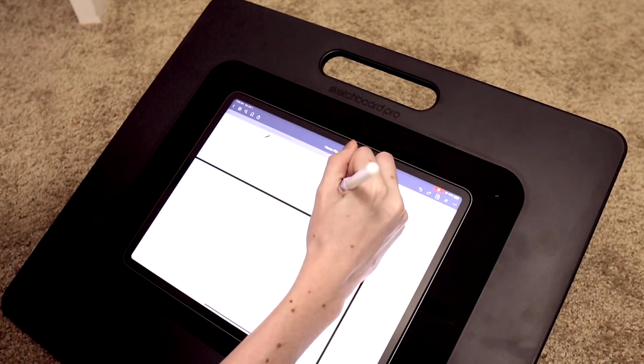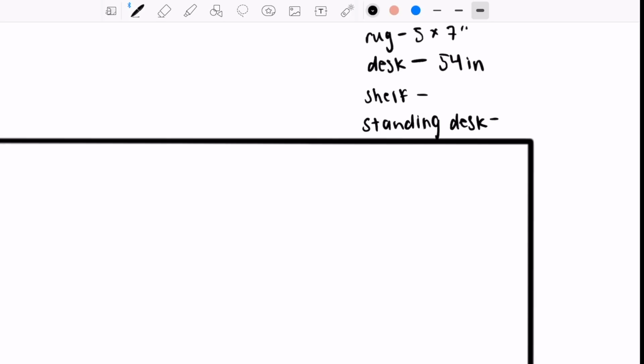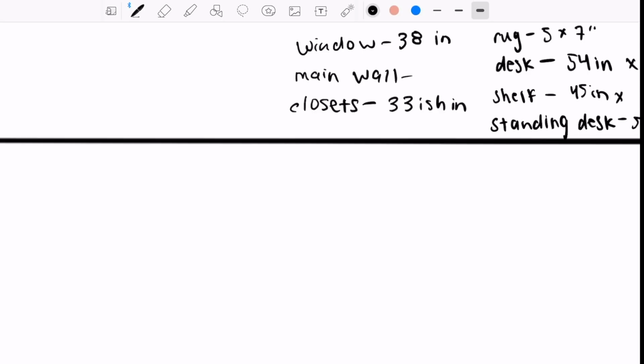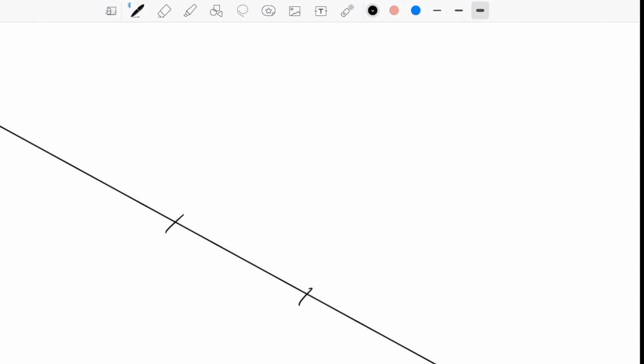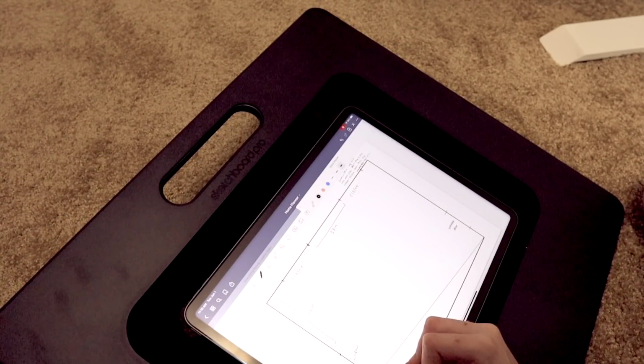So to make the process easier on me, I am going to plan everything out in the digital home planner. So now that I know what the space looks like and I can take measurements of the space and do some math, I can better figure out where furniture can go and then decide where I'd like it to go. So I'm mainly relying on the floor plan view in the home planner and making sure I have the basic measurements of like the windows and doors in the room, and then of course my furniture, so I can then kind of map out where things can go in the space and then where things might look best,